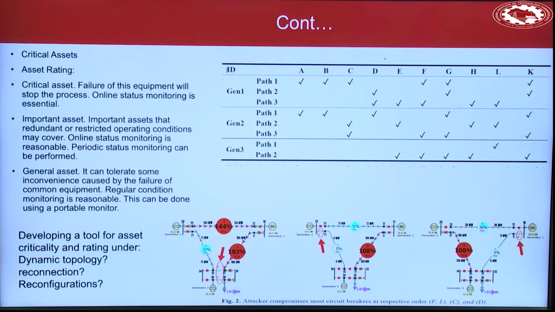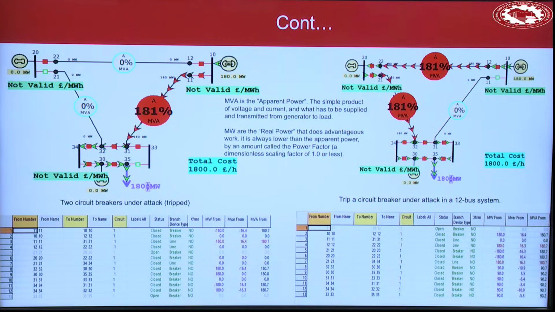So the whole game is to understand those scenarios that can create huge impact on the system, and we need to pay a little more attention to those scenarios. The breakers that we used in scenario 1 are more critical than others. So you pay more attention to those breakers. Every time someone opens or closes them, you want to check them, right? Others are also important, but not as much as in the first case. This kind of analysis will help you understand the worst case scenarios. You can simulate those.